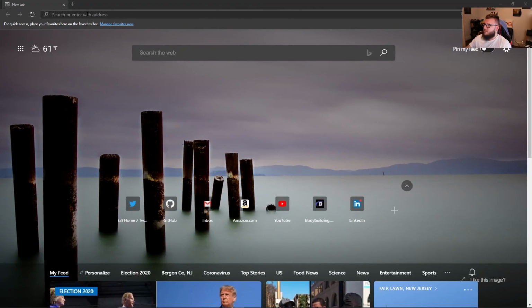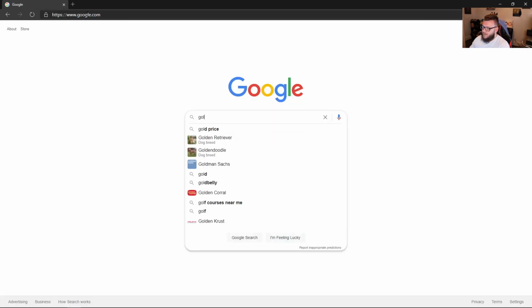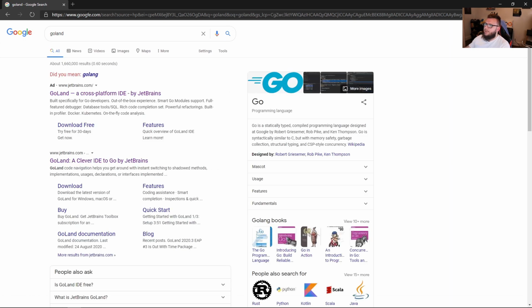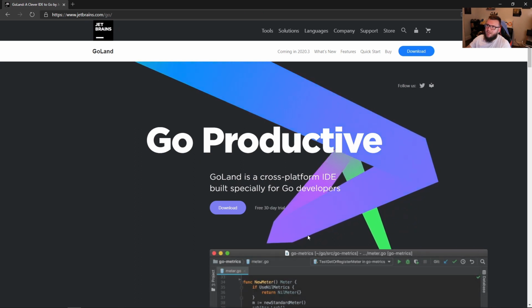So, of course, the first thing that you're going to do is actually install it. So what you're going to do is just go to Google and type in GoLand. Now, the one thing that you do need to know is that this is not free. However, you can install a free trial if you want to, and if you enjoy it, you can buy it. JetBrains has a lot of different subscription models and stuff like that. So you could go to, for example, jetbrains.com/go, and then you can see here you have a 30-day free trial, which, if you're writing Go